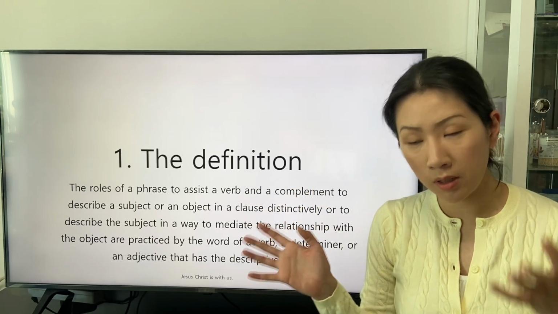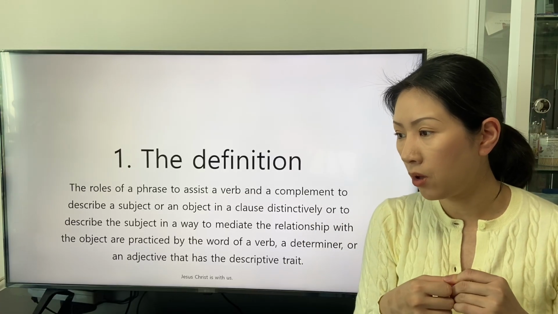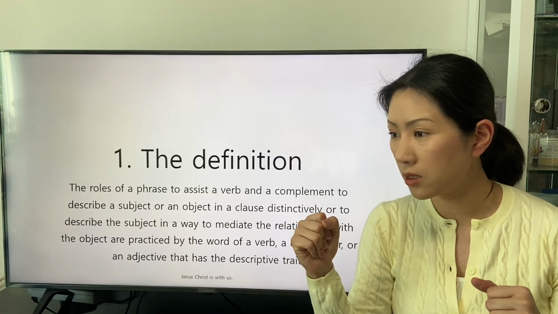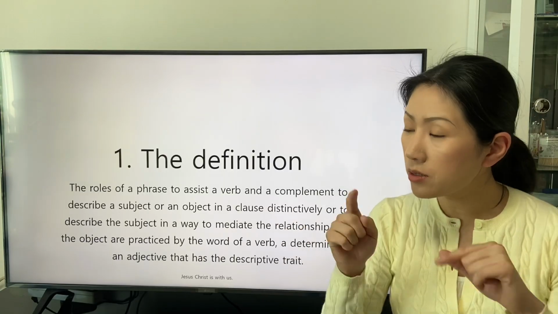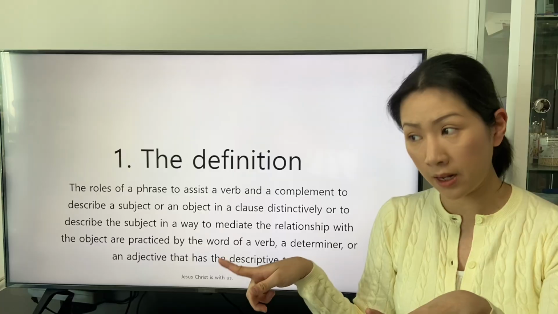The complement, the subjective complement, or the objective complement describes the subject or the object. The subject and the object